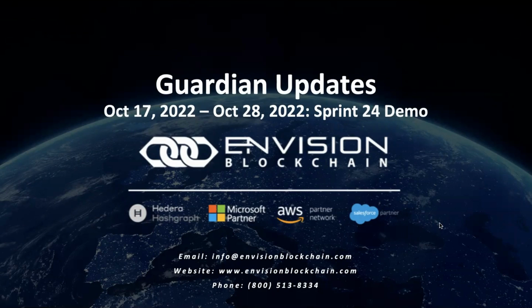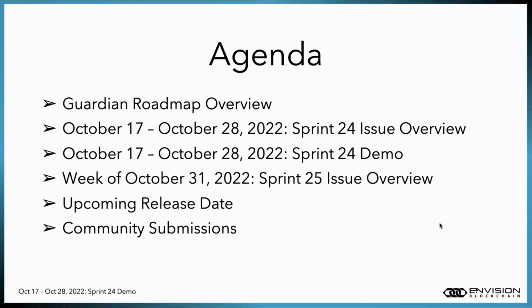Today we'll be giving you Guardian updates of Sprint 24, which lasted from October 17 to October 28. So just a quick overview of the agenda. We are going to give you an update on the roadmap. We are also going to be reviewing the issues that we tackled in Sprint 24, which lasted from October 17 to October 28. We are also going to flip over and give you the demo of the issues that we